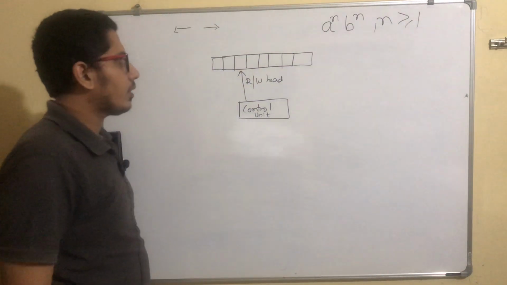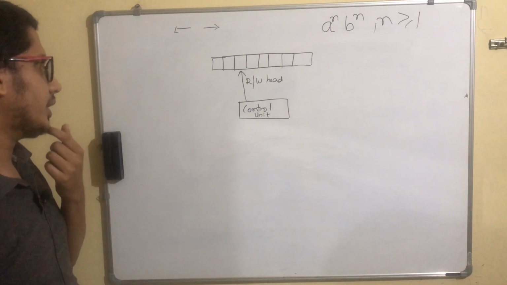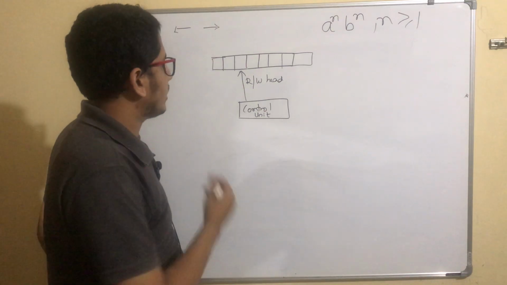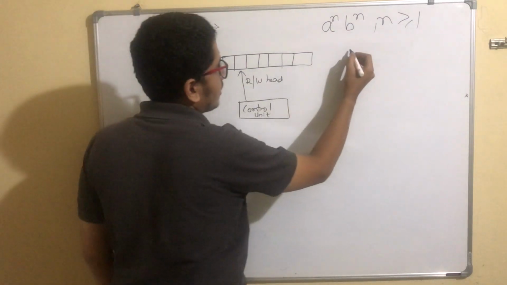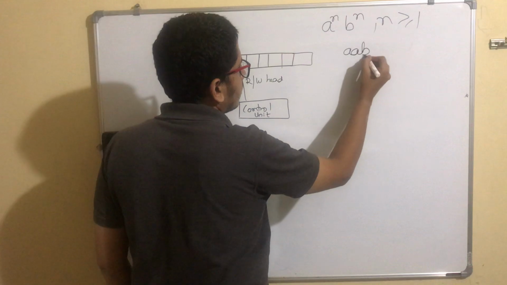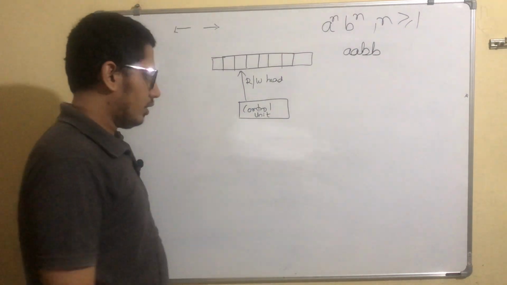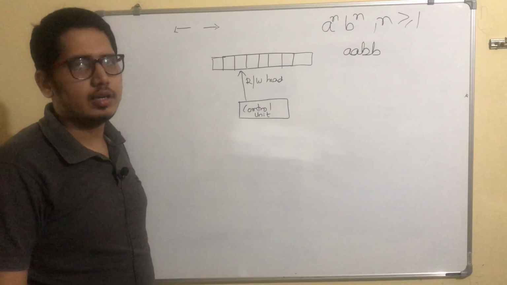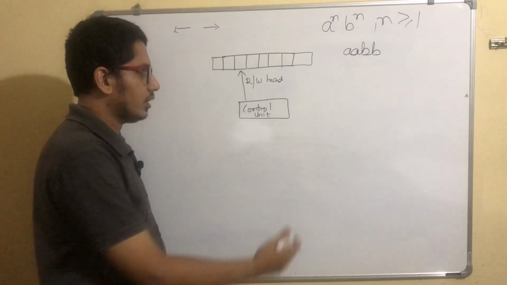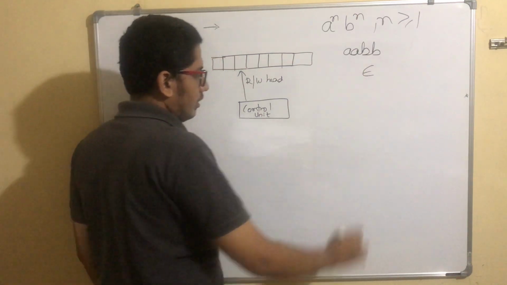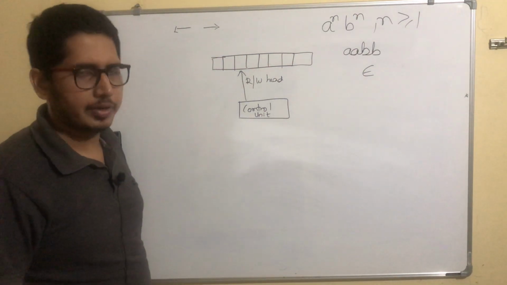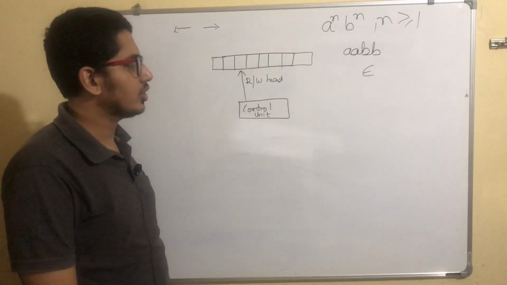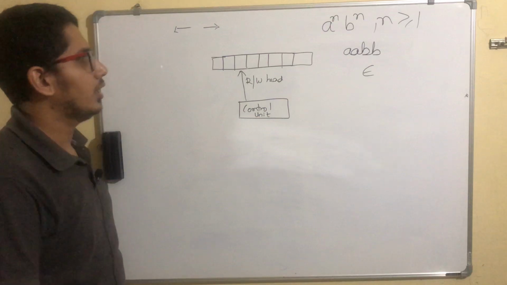Assume that's the language we want to accept. Let's take one simple example: a b, which is a string present in the language. One thing to remember is that a Turing machine is not capable of accepting the empty string. The empty string is epsilon, which is acceptable in finite automata and push-down automata, but a Turing machine is not going to accept it. Why? We'll see it in the next videos.